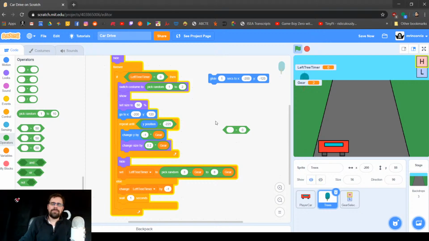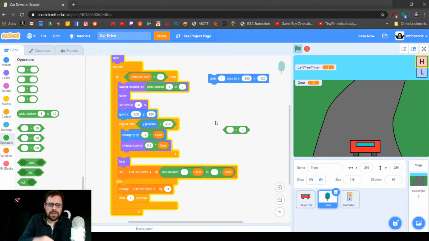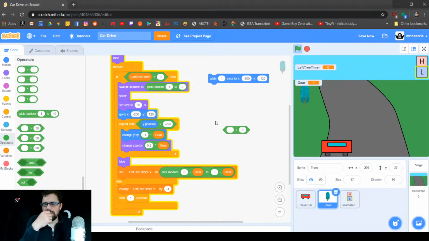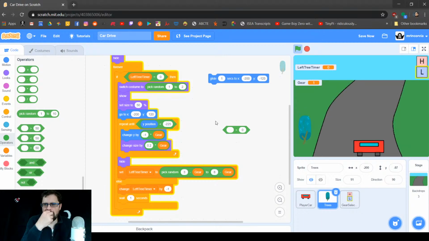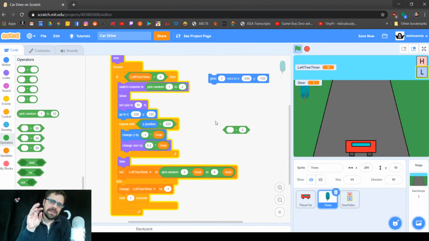There we go. Better, right? 225. There goes the tree. Low gear. Should do the same thing. Yeah. Okay. And actually, the fact that it disappears a little bit right at the end is good because we